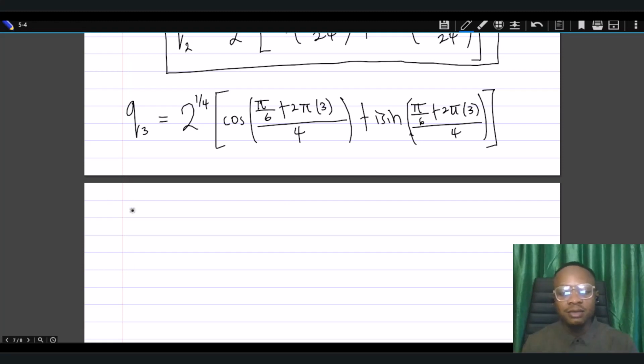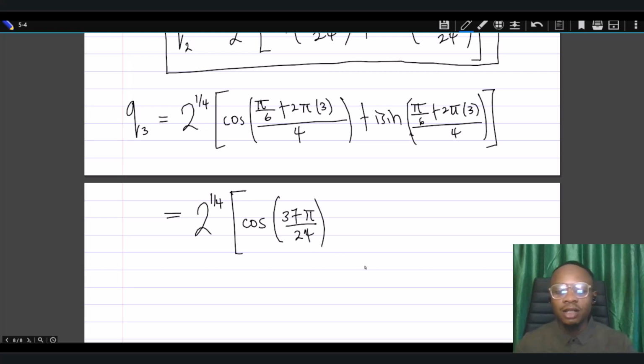So this is going to be equal to 2 to the power of 1 over 4, then multiplying the cosine of pi over 6 plus, so this is 37 pi divided by 24, right? 37 divided by 24, yes, pi. So with that, we are good to go. We can say this is plus I sine, then this is 37 pi divided by 24,